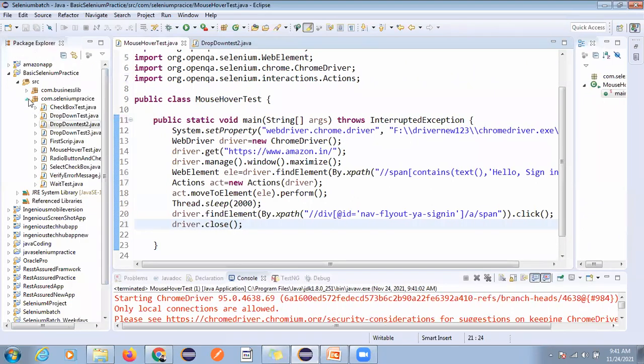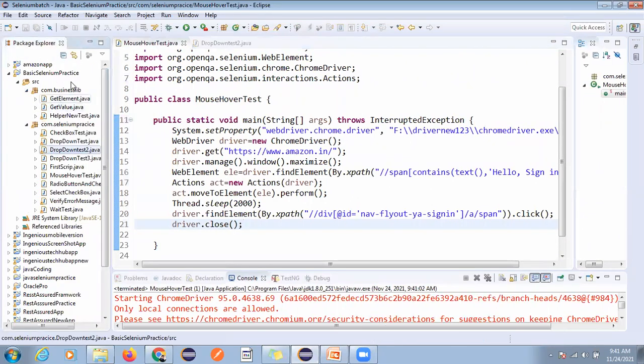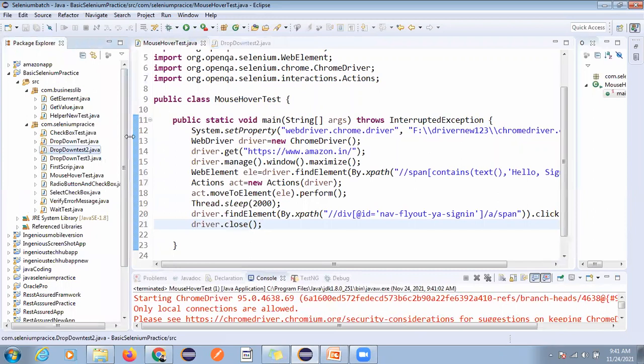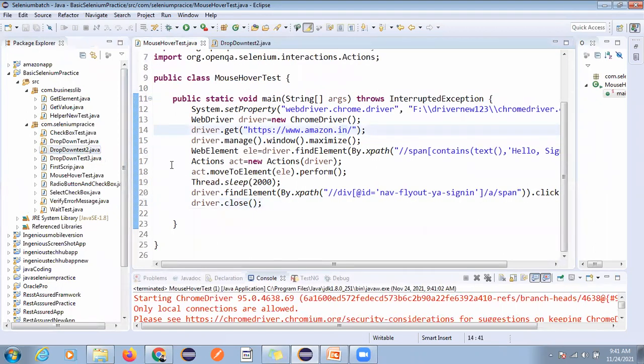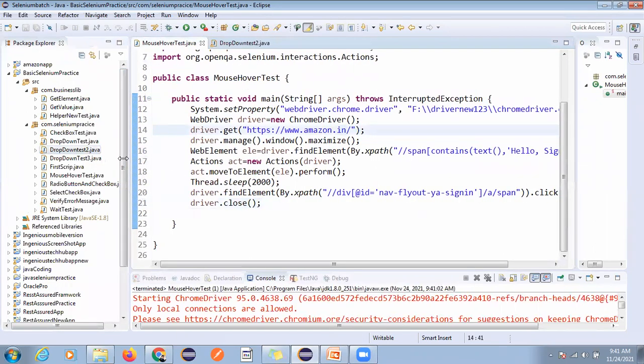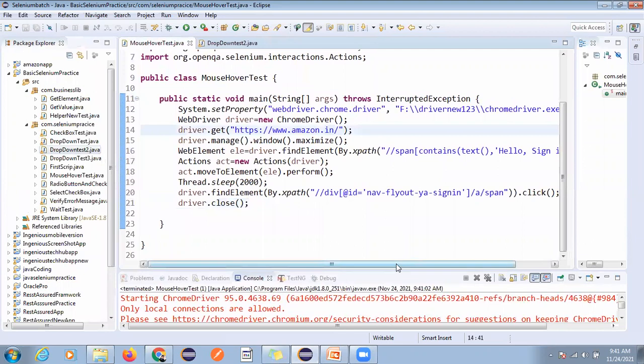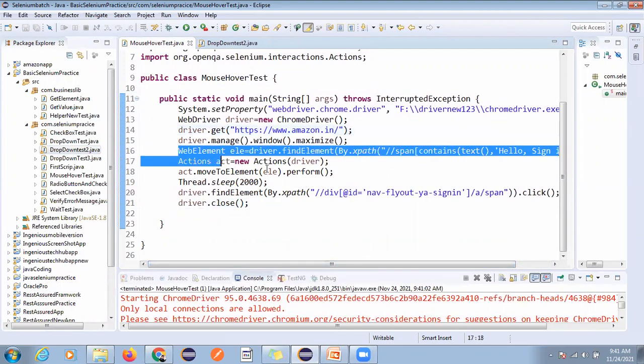So what I have done here is I have created two more classes in the business library. How you design the framework depends upon the client requirement, but our job is to make it reusable and easy to maintain.